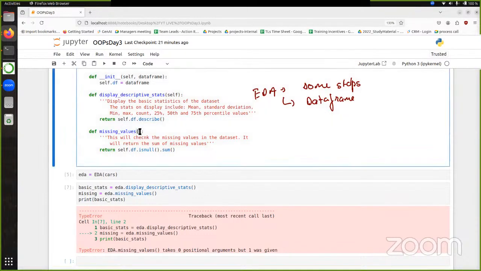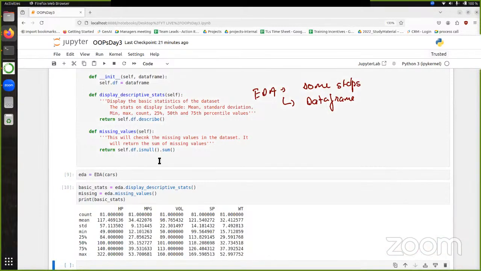We need to pass self as a value here. And here you can see that we are getting the basic stats. Okay. Now, you must be wondering here,